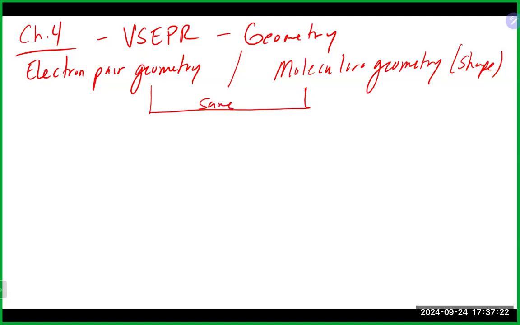And that is typically speaking when you have no lone pairs on the central atom. Because you have no lone pairs on the central atom, what essentially happens is those bonding electrons move. And because they are bonding electrons, they have atoms attached to them, and basically the atoms will move just like the bonding electrons will move. And you end up getting really the same sort of shape for both the electron pair geometry and the molecular geometry. It's only when we start introducing non-bonding electrons, or dots, if you will, that we start to get a